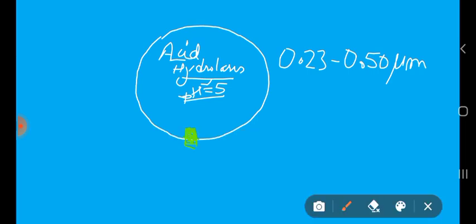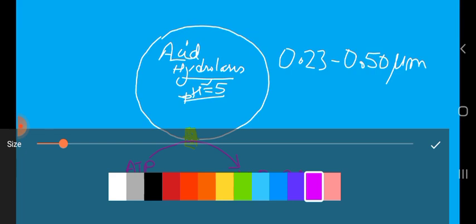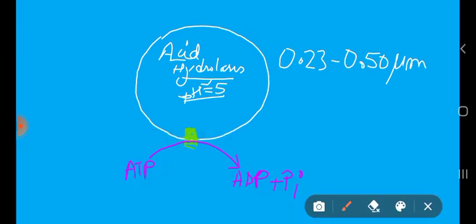They hydrolyze molecules of ATP to give ADP and inorganic phosphate, and by that they promote the entry of the H plus ions, the protons, inside the lysosome. Now outside, this is the cytosol,